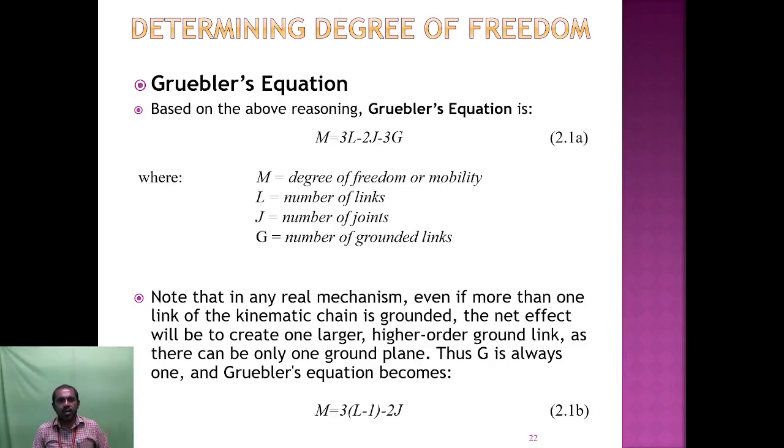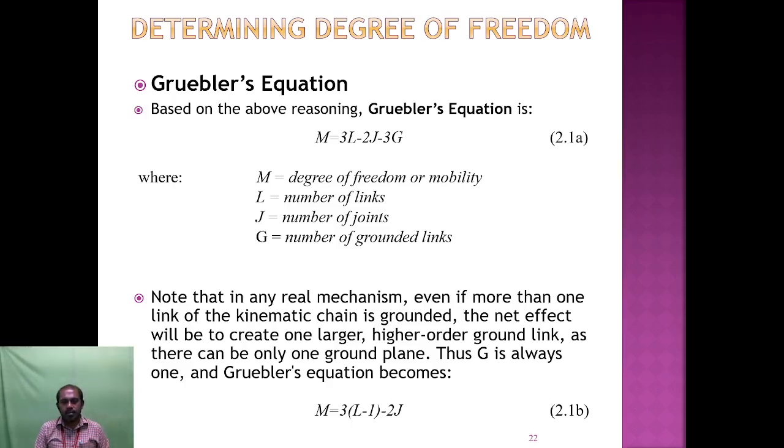And we are using the Kepler equation to find out how much degree of freedom there is for any rigid body, structure, or machine, etc. Here the main formula is M equals 3L minus 2J minus 3G. L means number of links, J means number of joints, and G means number of grounded links. It is called the